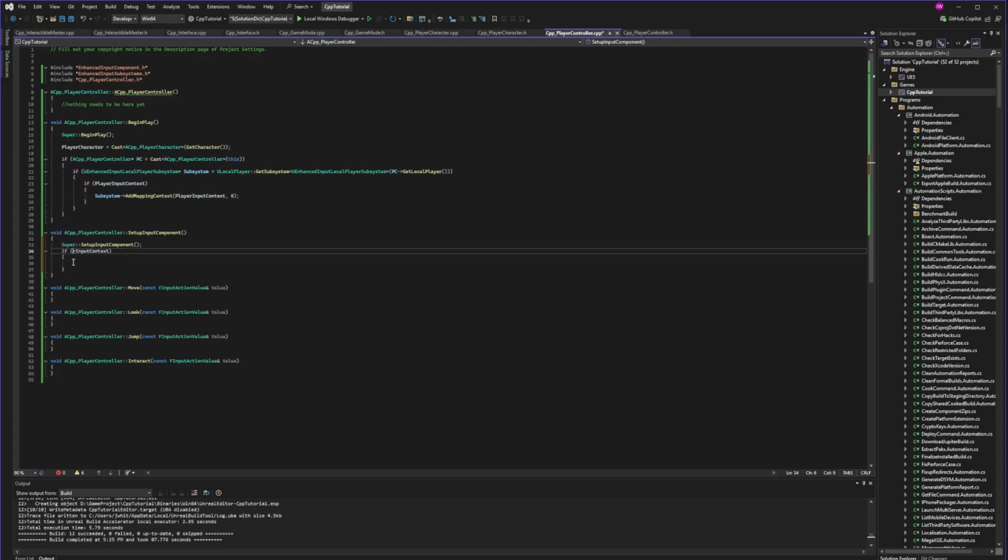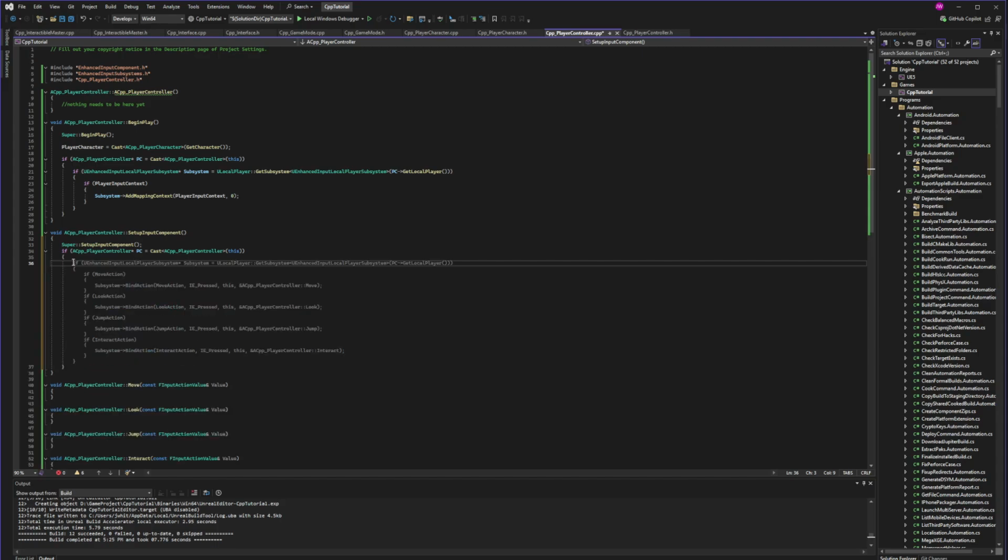Actually, we don't even necessarily have to do a check for that right yet. What we can do is a player controller like so. Then